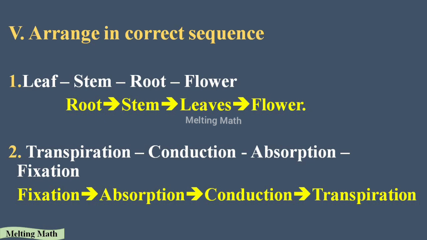After that is conduction. It absorbs the water and the minerals in the root, and after that it transfers to the stem. That's what we call conduction. It conducts, and also it conducts sunlight to get the energy, and when the rain falls it gets the energy from a liquid also, so we call it transpiration. So this is the correct order.